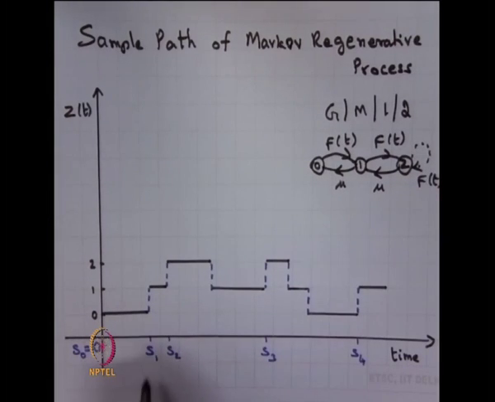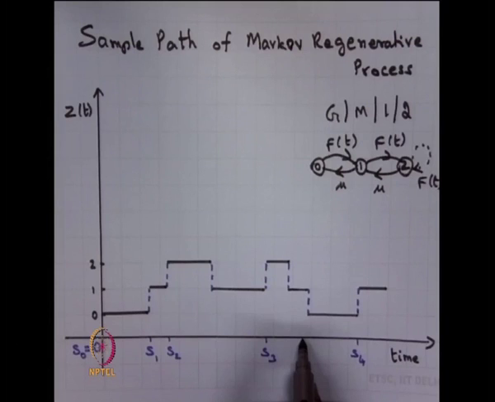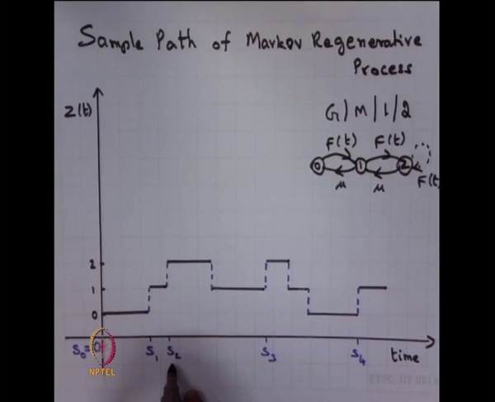Note the time points S1, S2, S3, S4. These are all the time points at which an arrival occurs. That is nothing but the arrival epochs. Whereas these other points are time points at which the service completes. We are not noting down the service completion time points, whereas we are noting down the arrival time epochs, because